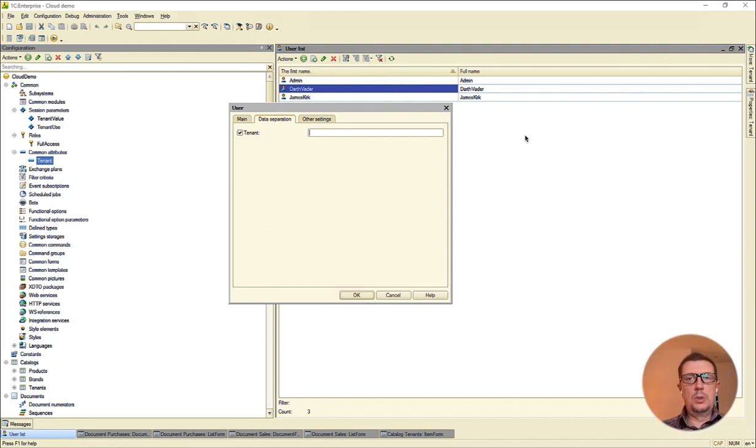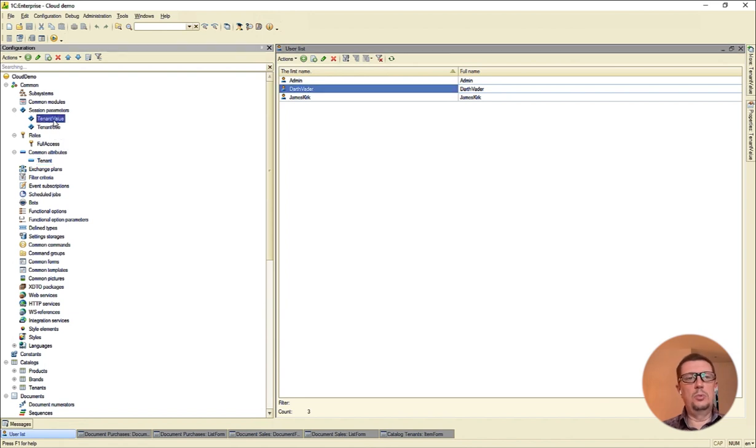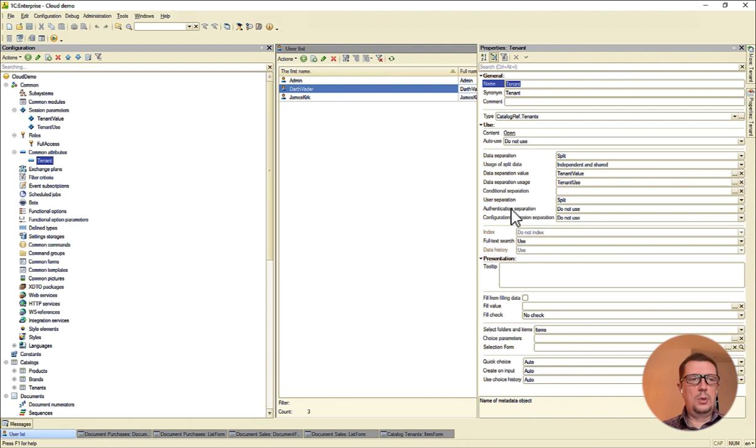And this is where we should look into these two session parameters that were added by the platform automatically and were also assigned as the data separation value and data separation usage settings properties of our common attribute.